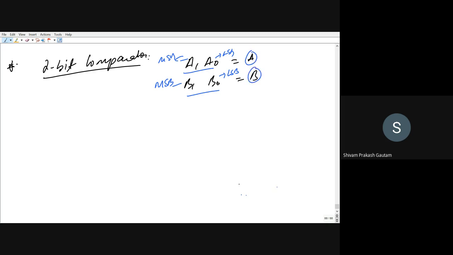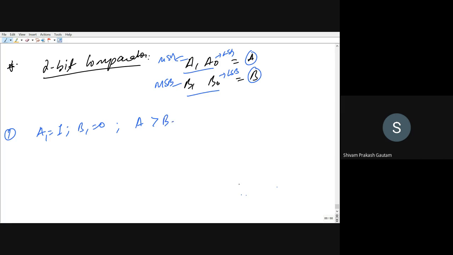So first case, let us say A1 is equal to 1 and B1 is equal to 0. If MSB of A, A1, is equal to 1 and B1 is equal to 0, then in this case, A will always be greater than B. Yes, A will always be greater than B, right?